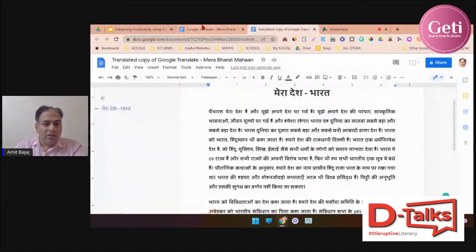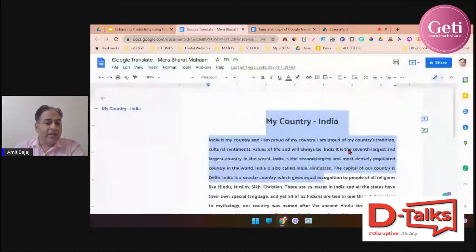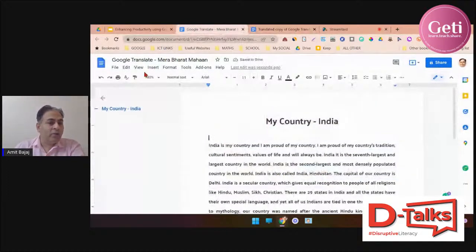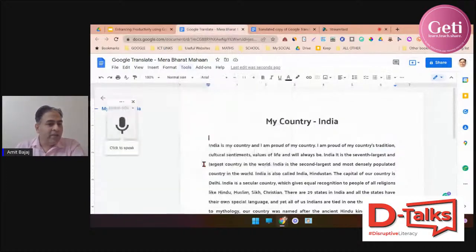Let me also talk about the voice typing feature. This is again very, very important when I'm creating my question paper. This is very helpful specifically for language teachers. So maybe you're a Hindi or English teacher, there's the option for voice typing. Click on voice typing. On the left-hand side, the default mode is English only. When I click on click to speak,